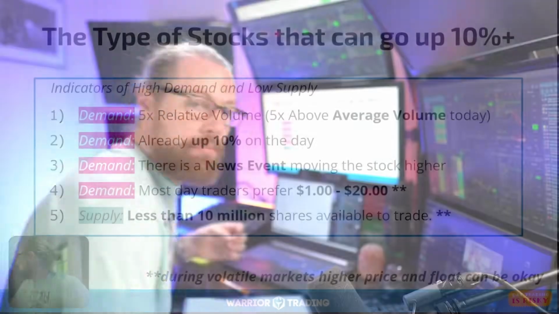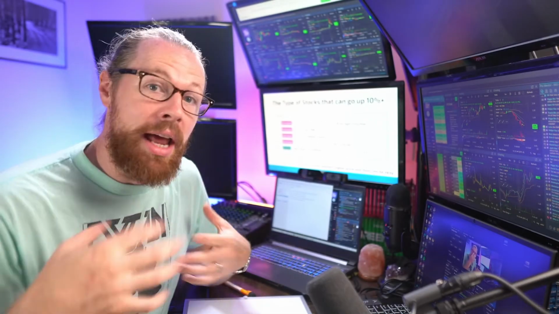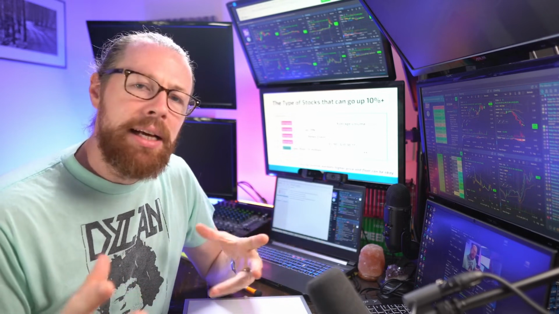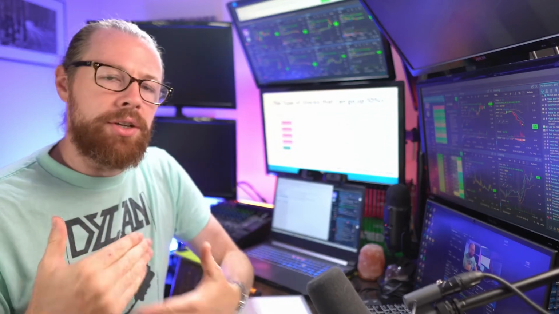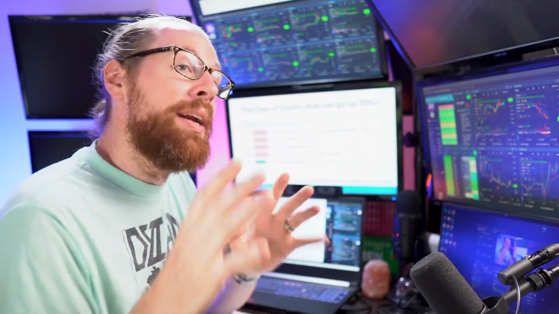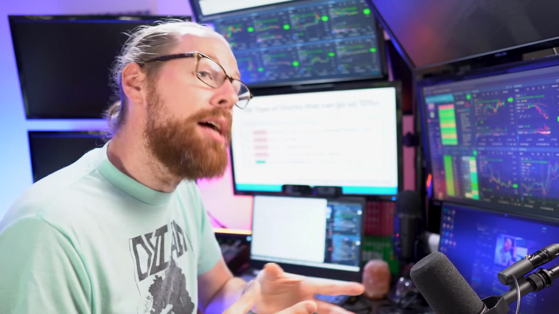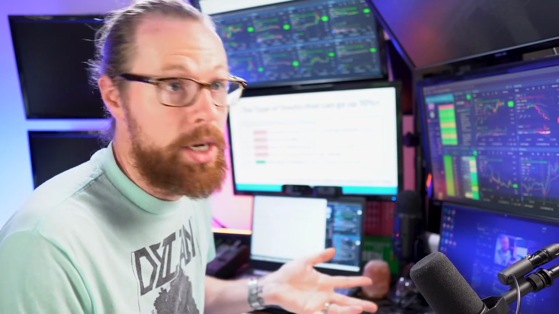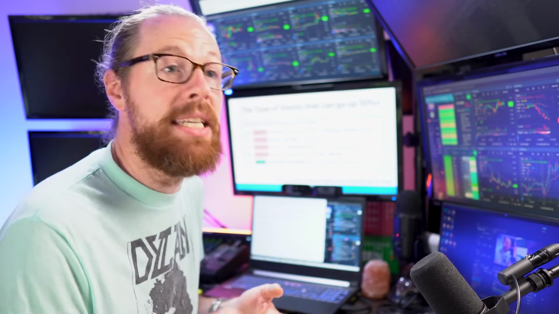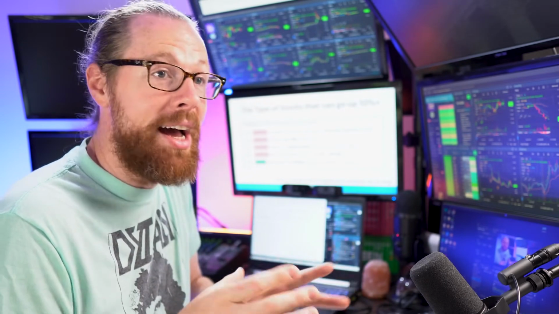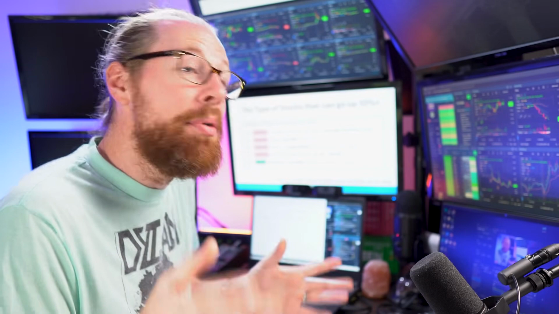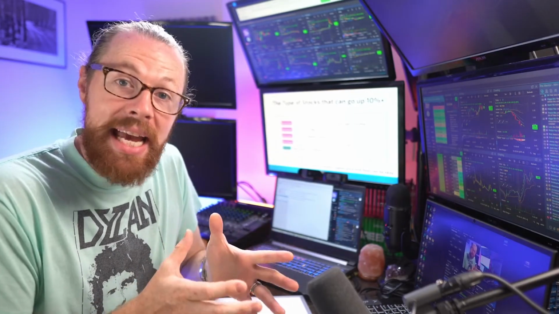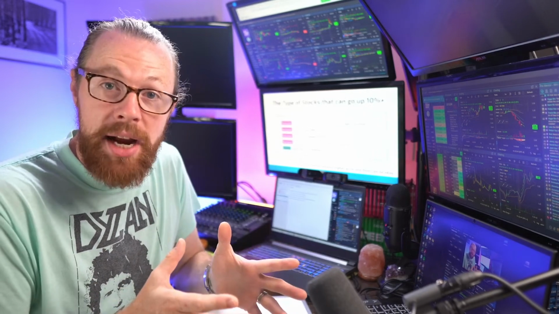And this is something that I understand a lot of traders don't. When I first got into the market, I didn't really understand float and things like that. So just to give you a brief understanding of that term, when a company does its initial public offering, they sell shares onto the open market. So they may sell, let's just say, for example, 10 million shares on the open market, and they price their IPO at $10, which means the company has raised $100 million in their IPO. But from that point forward, there's only 10 million shares available to trade on the open market. That's it, 10 million shares.